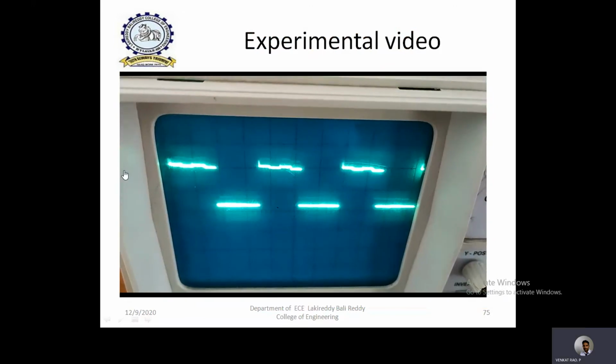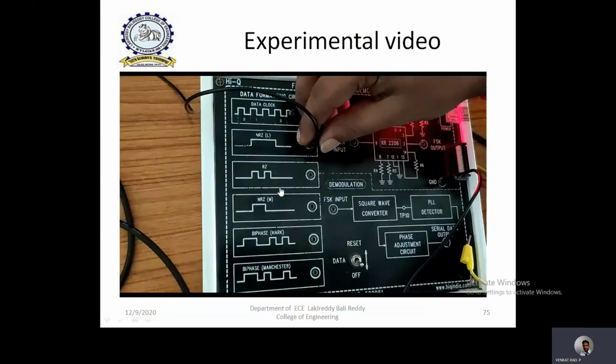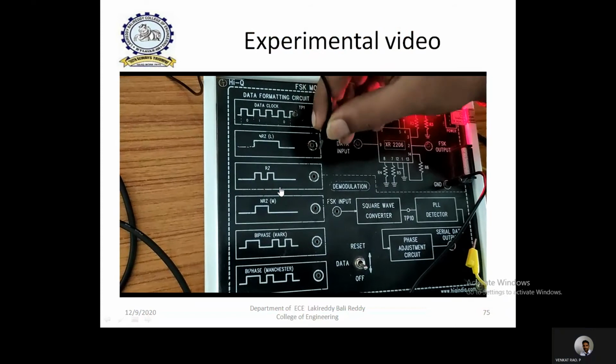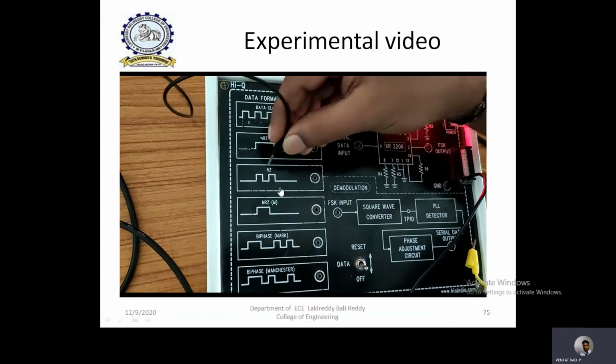And observe there is a pulse waveform which is generated, having high pulses and low pulses. Now it's time to observe the bit sequence: how many ones and how many zeros are there here. So let us observe. In order to observe that, you definitely need to compare this input data pulse with the clock signal. So now let us compare. Make this CRO probe in dual mode.